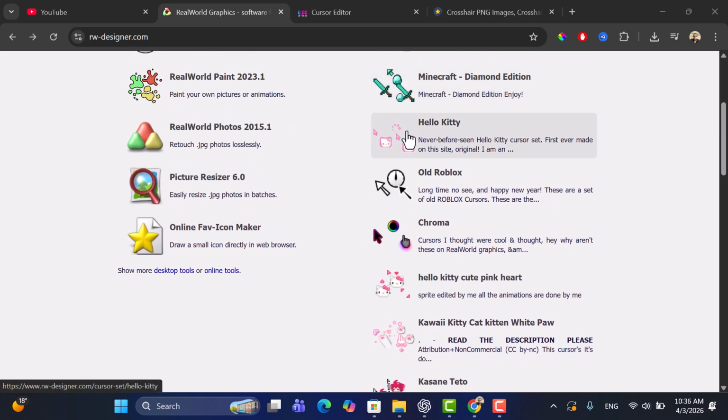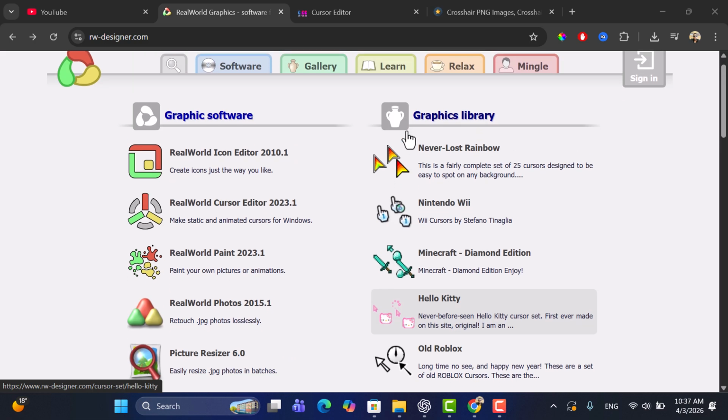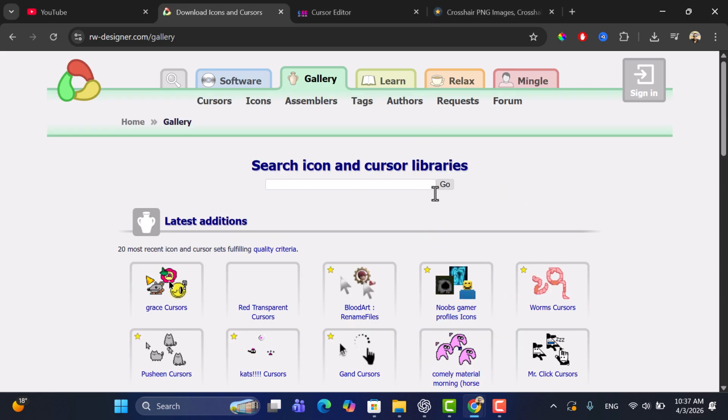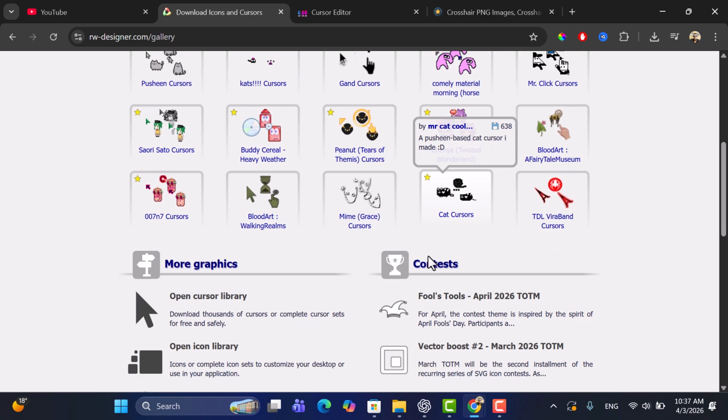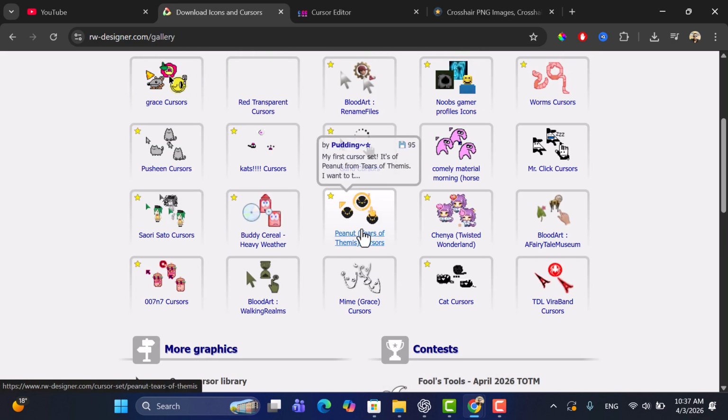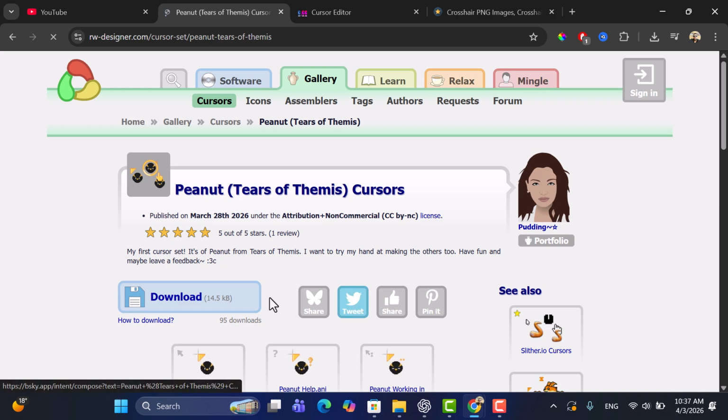So this first website gives you a full library of ready-to-use cursors for your mouse. As you can see, you can go into the library and you can choose whatever type you like. And you can click on download. As you can see,